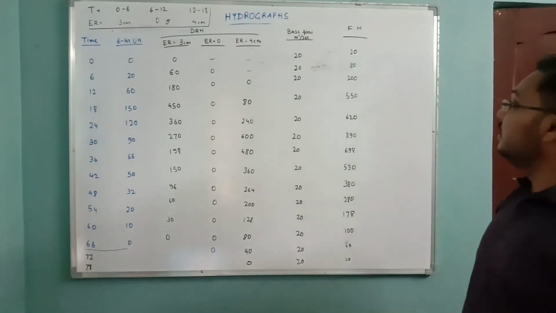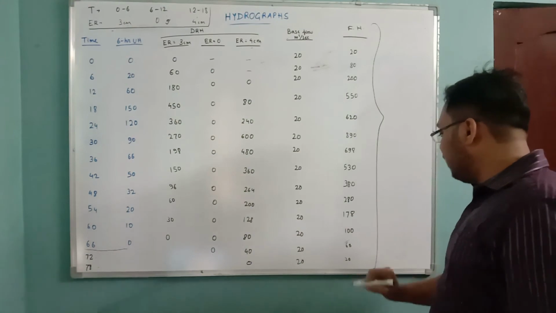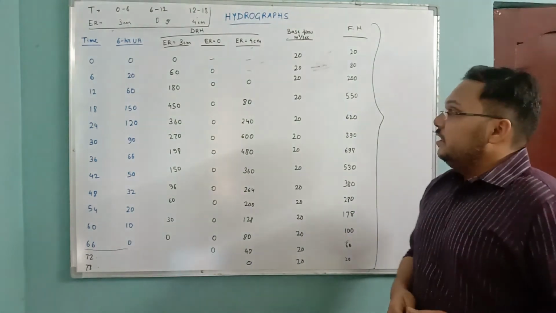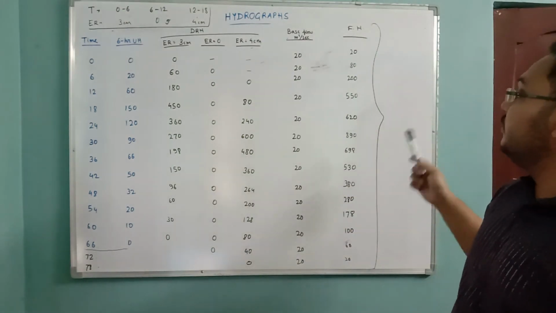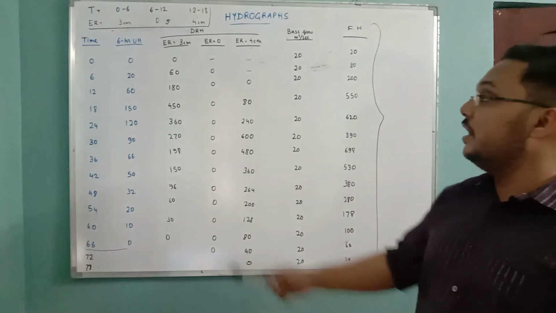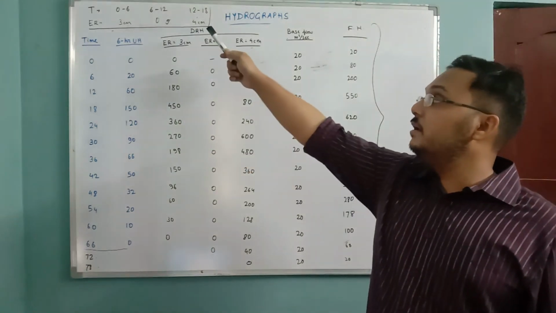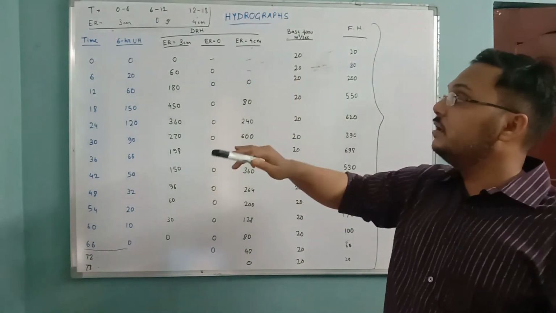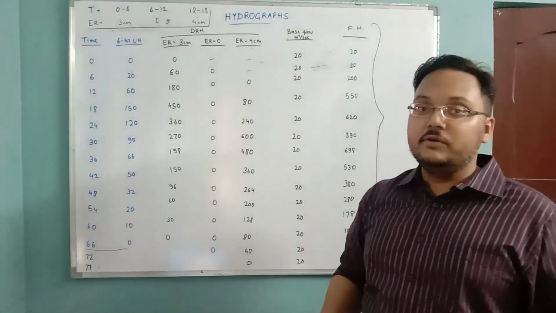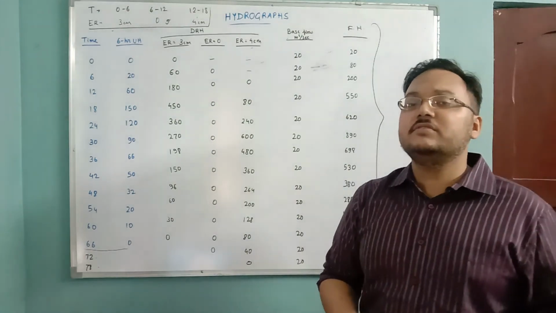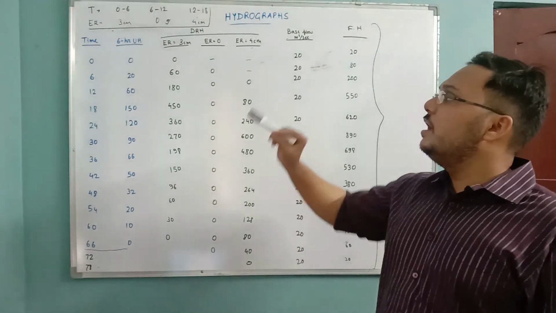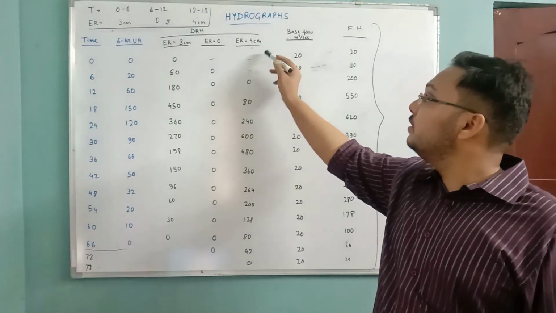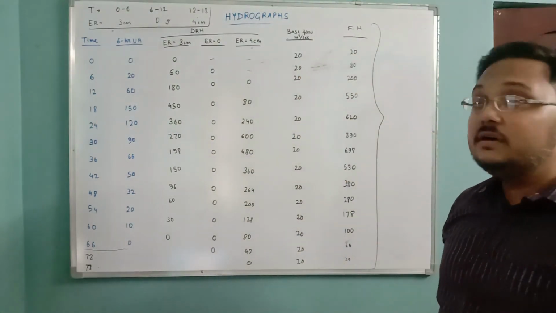So this is the flood hydrograph which we were searching for in the question, and this is how we calculate a flood hydrograph when we are given a particular unit hydrograph and some rainfalls at particular spans. If the infiltration or any kind of losses are given to us, we can find out the excess rainfall, and from that excess rainfall we can get the direct runoff hydrograph, plus the base flow is going to be the flood hydrograph.